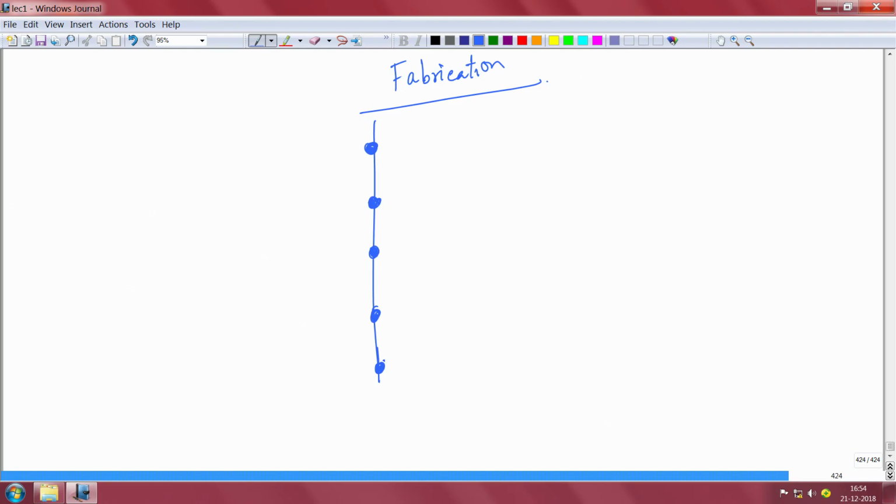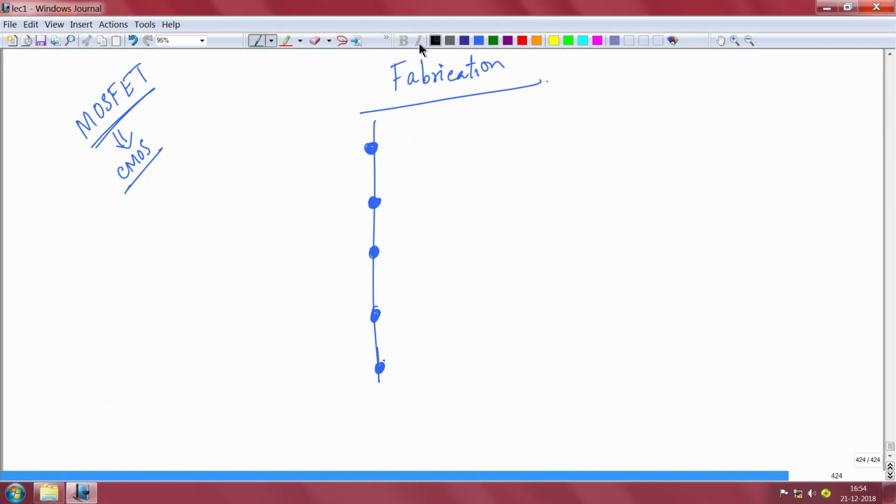There are many devices, but I will talk about a classic MOSFET, for example. How do you fabricate a MOSFET? And if you know how to fabricate a MOSFET, then CMOS fabrication can be understood. We do not have to go into great detail because this course is not a fabrication-intensive course. There are many key steps, many unit processes of fabrication.